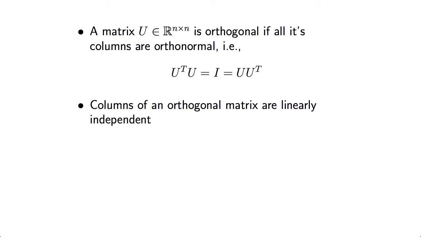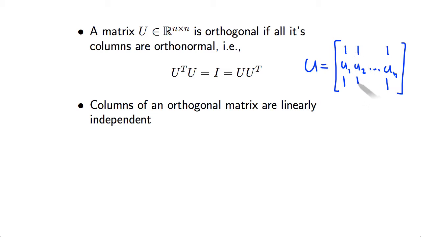An orthogonal matrix, so we could say a matrix U, a square matrix n by n, is orthogonal if all of its columns are orthonormal. So U here is a matrix U1, U2, these are the columns of U, to Un. And we say that this matrix is orthogonal if all these elements here